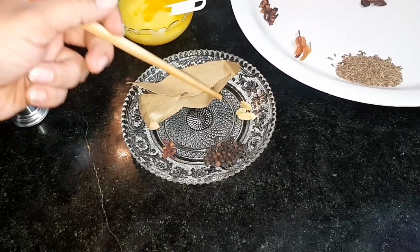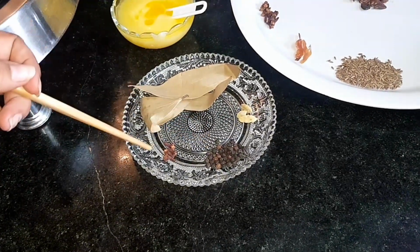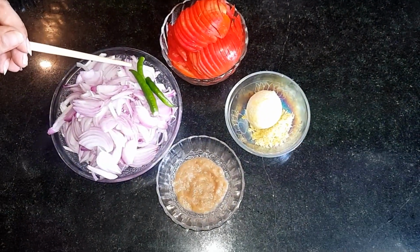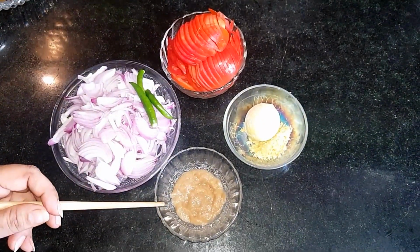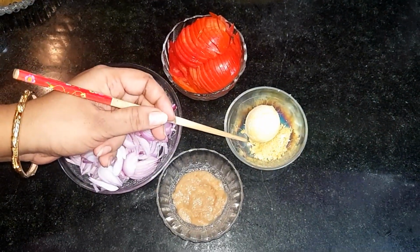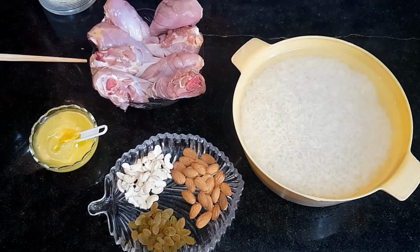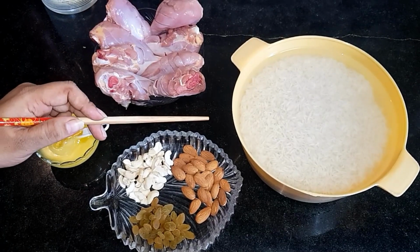I've taken 3 bay leaves, 3 elaichi, again 1 teaspoon of black peppercorns, 3 cloves, 3 big onions which I have sliced, 3 green chilies which are slit, 3 medium-sized tomatoes, I have sliced them, 2.5 teaspoons of ginger garlic paste, and 1 whole lime of which I have scraped and kept the zest, that is the skin of the lime, and then I'm going to use this whole lime also for the rice. 3/4 kg of chicken leg pieces which I have slit and kept,